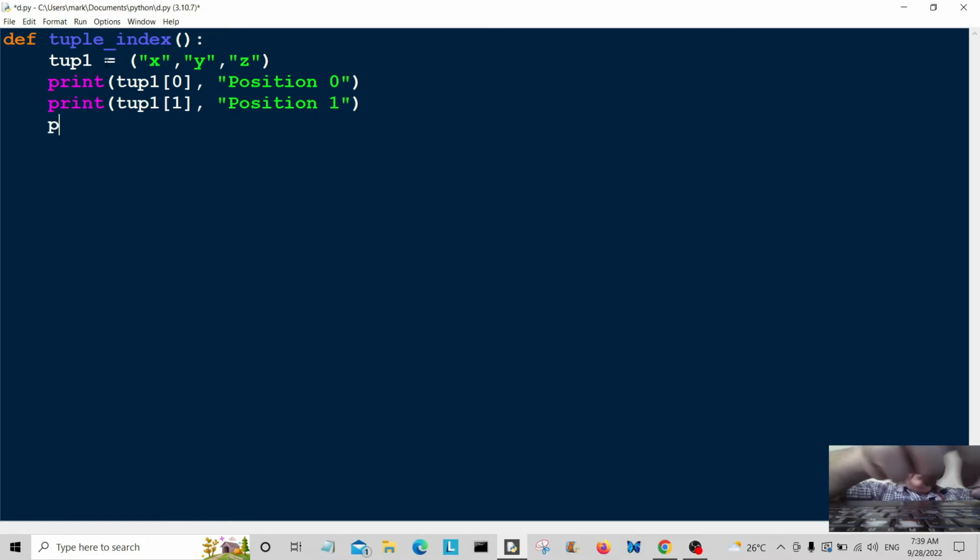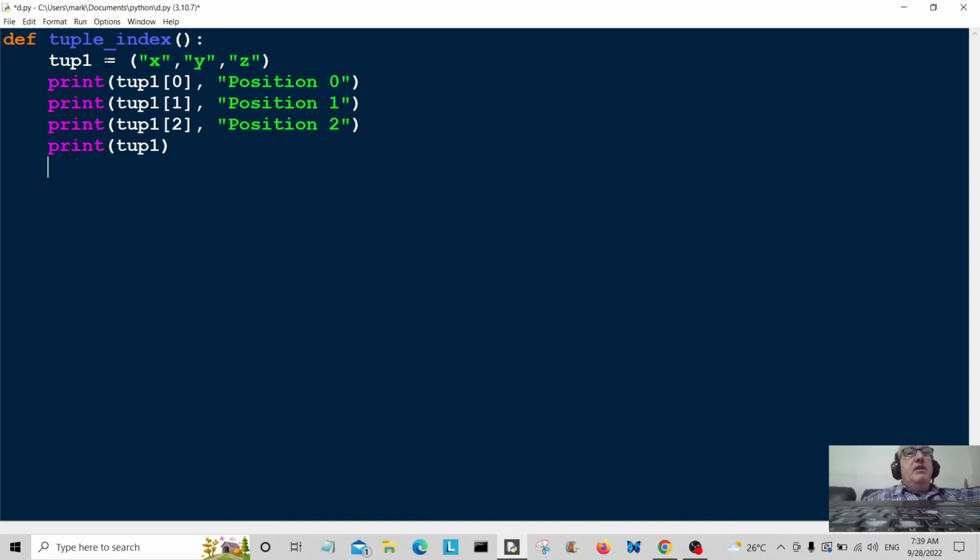Position 1, and we're going to print again tup1, and we want index position 2 here. So we go for position 2. Okay, and then first of all we're going to print tup1. Print tup1, and then we're going to print its type to make sure that it actually is a tuple. So it's data type here. Okay, tup1. Okay,